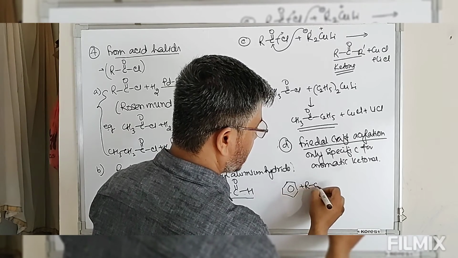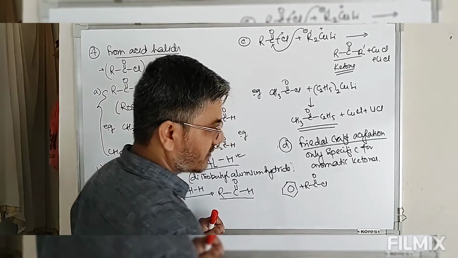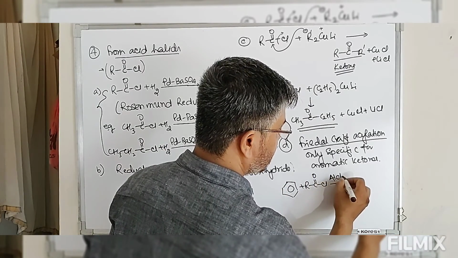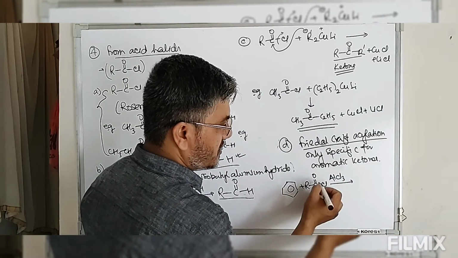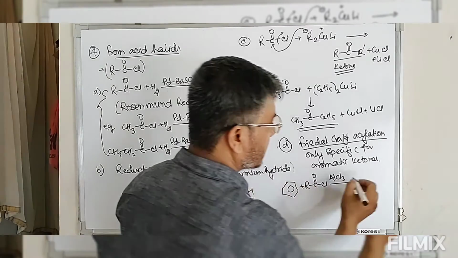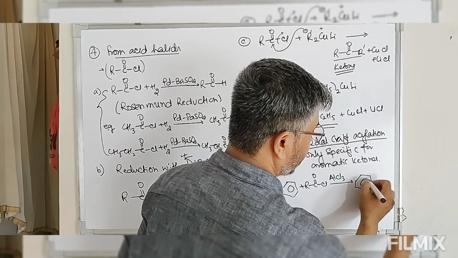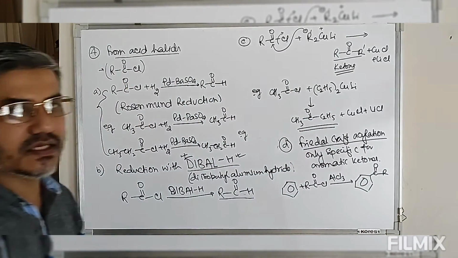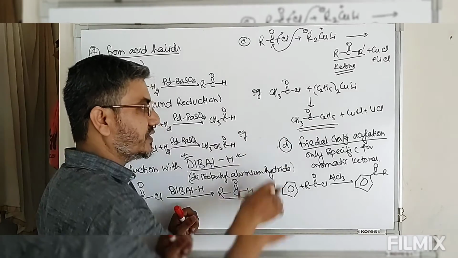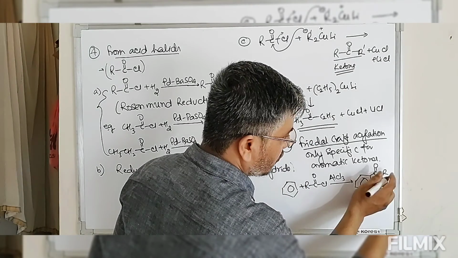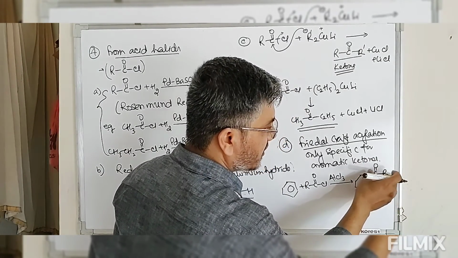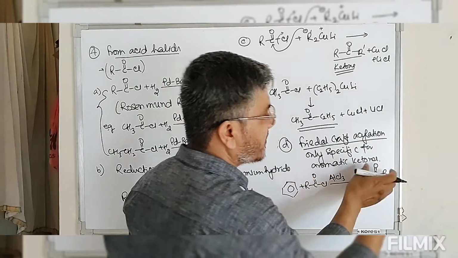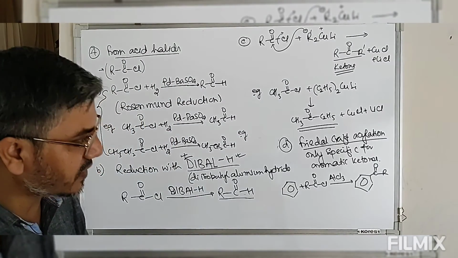Now benzene reacts with RC double bond O Cl. A reaction of benzene with acid halide in presence of catalyst AlCl3. Now Cl is being replaced by the benzene ring. This is what we call an electrophilic aromatic substitution reaction. So this is an aromatic ketone. Now look at this, by this Friedel-Crafts acylation reaction, this group is known as acyl group. So we are introducing an acyl group to the benzene ring, or we can say the hydrogen of benzene is being replaced by an acyl group. So this is Friedel-Crafts acylation.